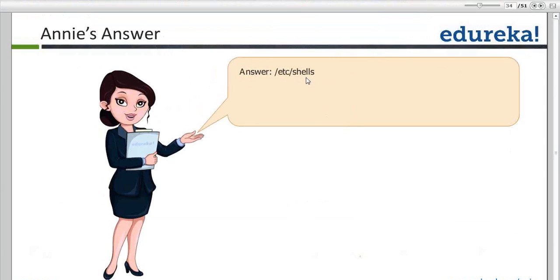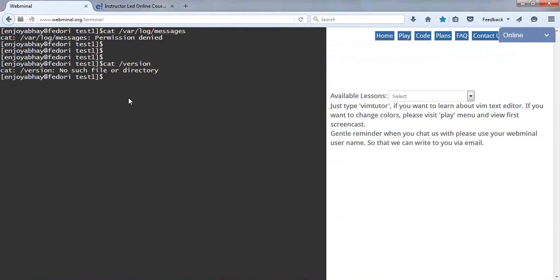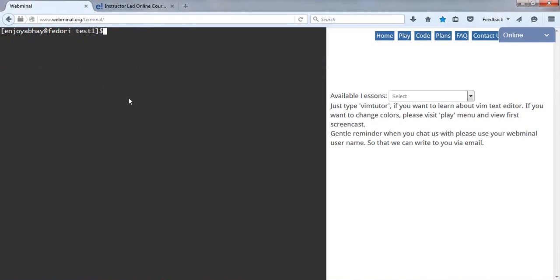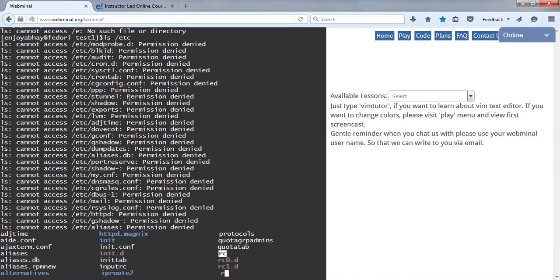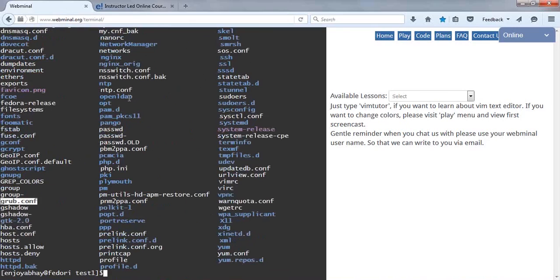The answer is /etc/shells. In the etc directory, you have a list of shells which are there in your machine. I'll show it to you. If I write ls /etc, first of all, I'll show you the content of etc. There are so many files here. If I write ls -l /etc/shells,